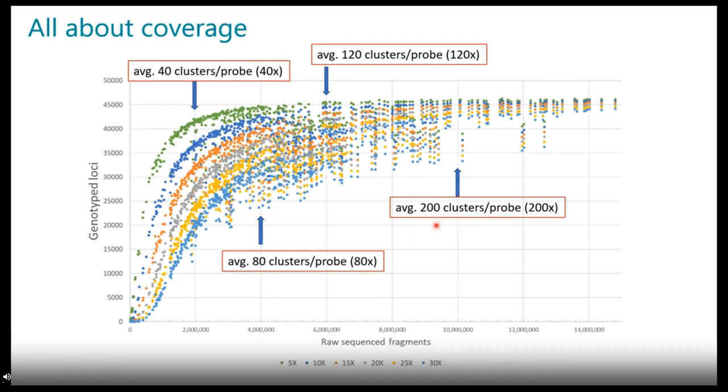And then you can consider here 200 clusters per probe as a complete saturation point, where regardless of whether you are looking for genotyping at 5x or 30x, you are always on top of the recalling ratio. Of course, it's a trade-off of cost per data point there. We assume here to be already on a good spot when the number of clusters per sample per probe are within these 2 landmarks, ideally around 4 million reads. Sorry, 4 million fragments.